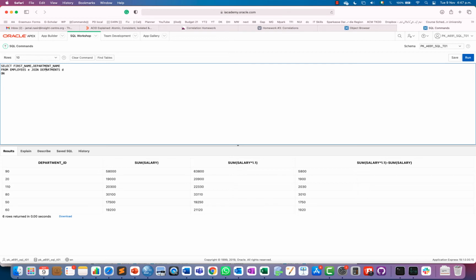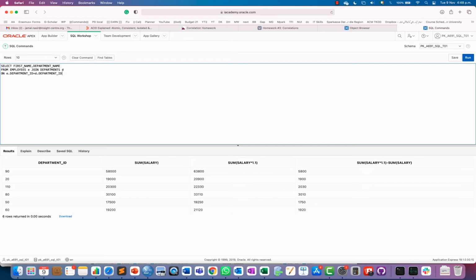That now we can represent the employees table name with E, small e. And in the criteria, I am saying on E dot department underscore ID is equal to D dot department underscore ID.